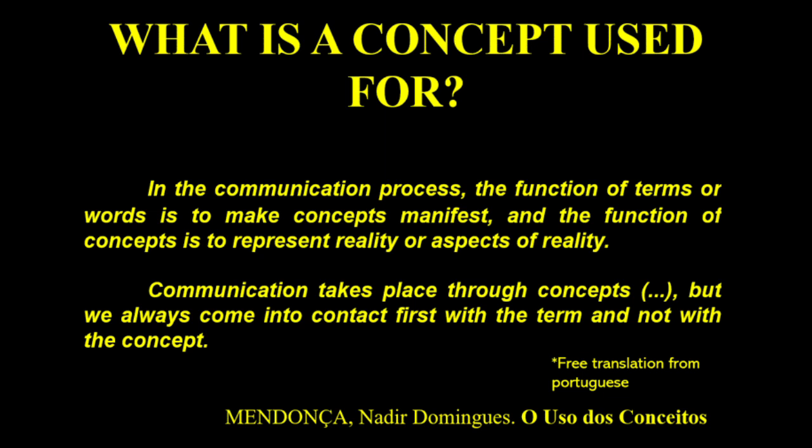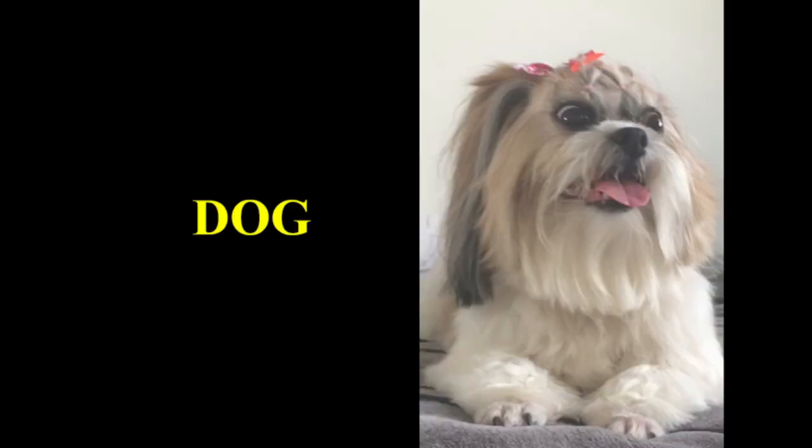Okay, how can this be applied in understanding the word day? Or how to make an abstraction and generalization from its various types of use? Let's talk first about the duration aspect with another example. When we want to refer to an animal like this, we say it's a dog. We know it's a dog, but perhaps we cannot express exactly what a dog is. However, we have in mind the concept of what a dog is, and through that concept, we know that it is not a cat, lion, horse, or giraffe.